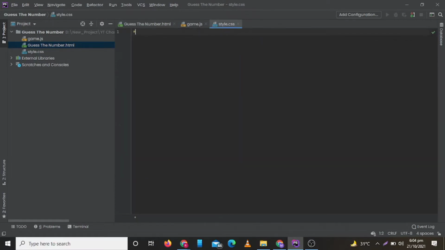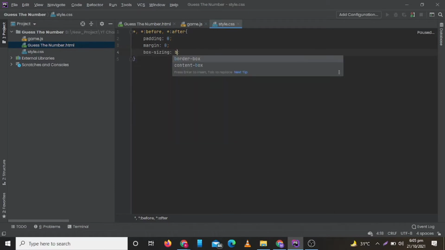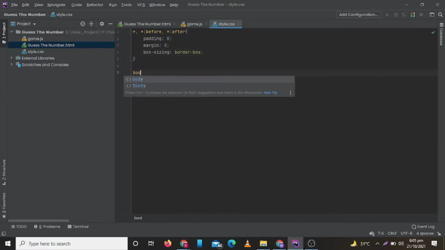Now let's start styling our game. First of all we will set our margin and padding to 0, and box sizing will be border box. Now let's write CSS for our body element.